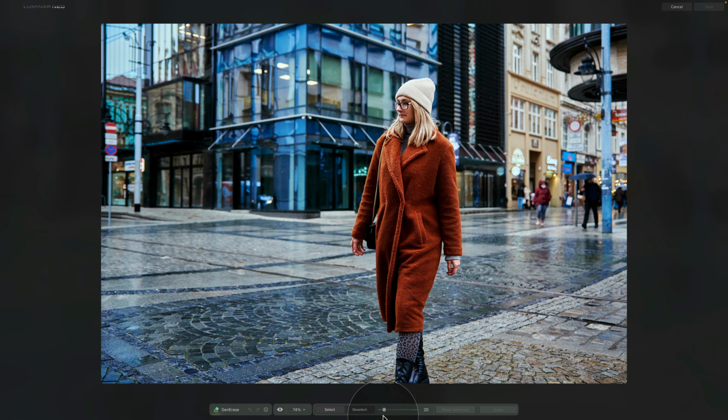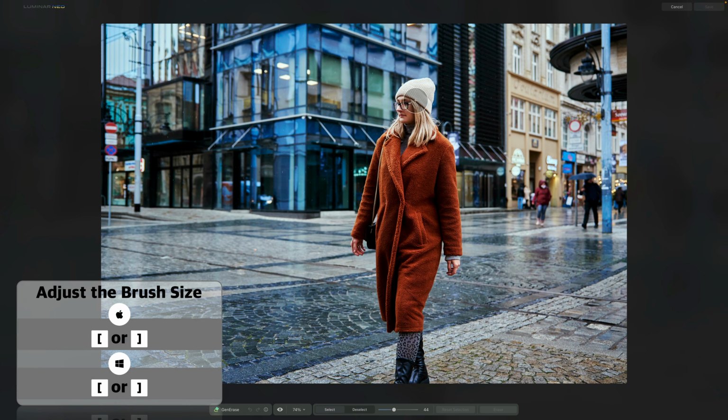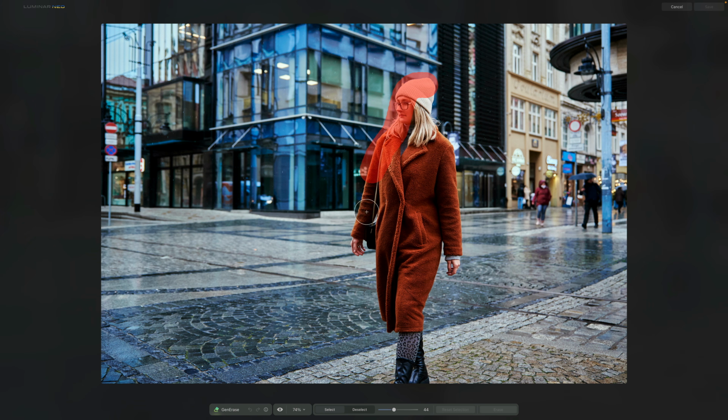We're gonna make our brush a little bit bigger and basically brush over the area we want to erase. So what we want to do, we want to erase the woman from this image. So let's go ahead and do that. Let's just select everything just like this. And once we have the selection ready, including all the hair, all we need to do is to click on